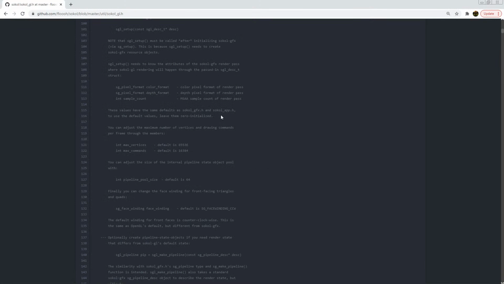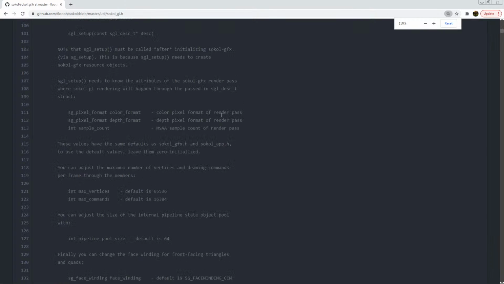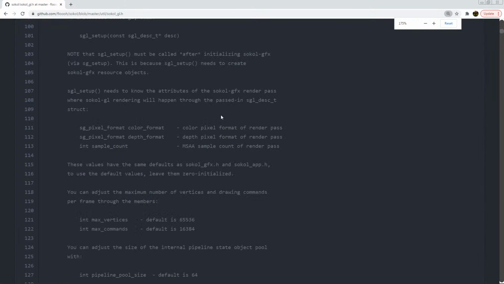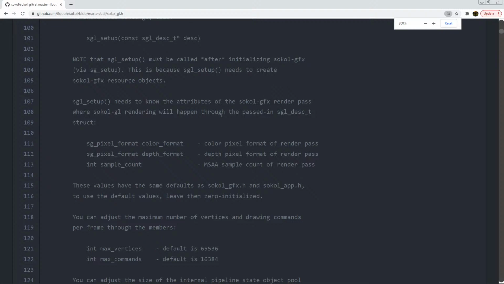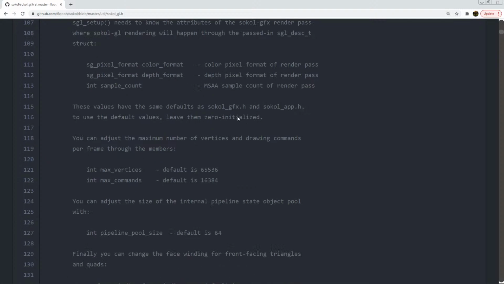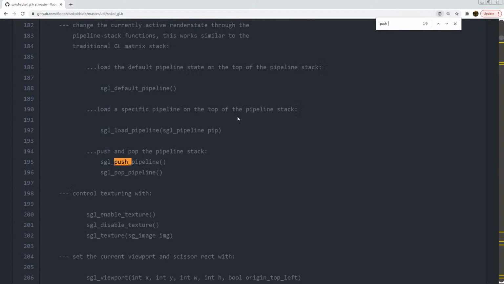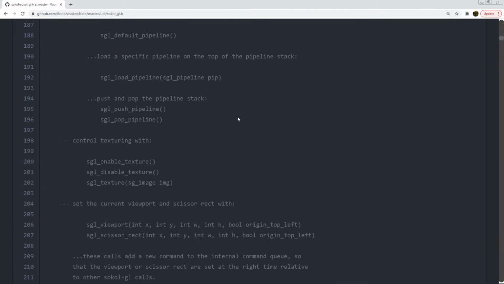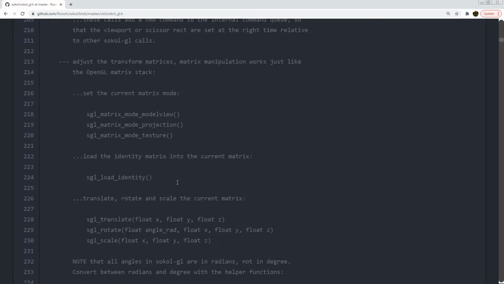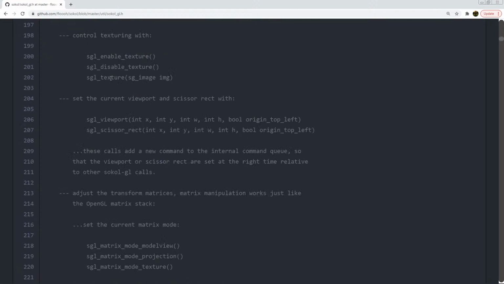Holy crap, dude. All right, so kind of look at where he, you can push and pop pipelines and then enable and disable textures. So how? I don't